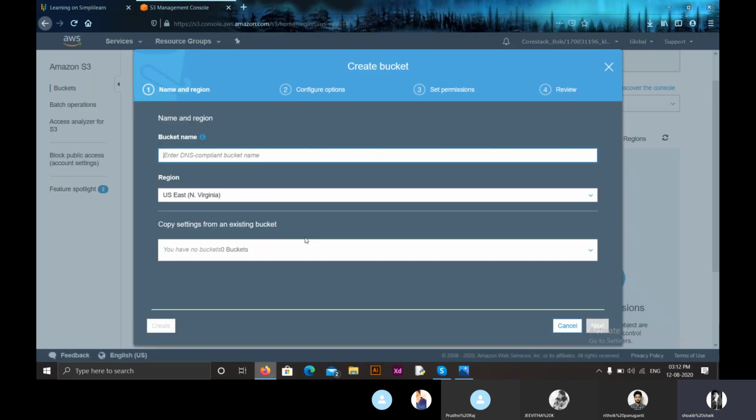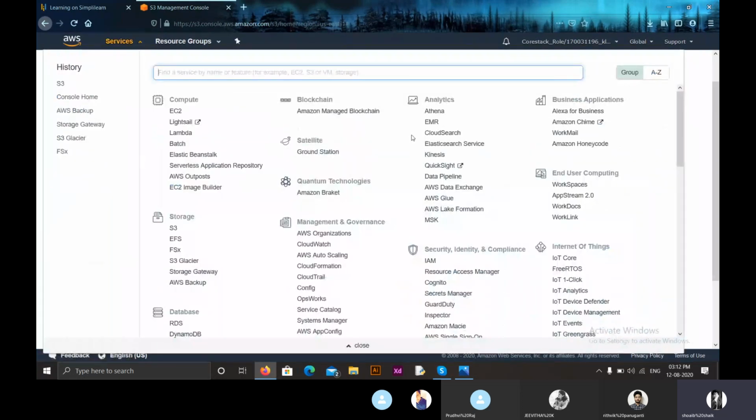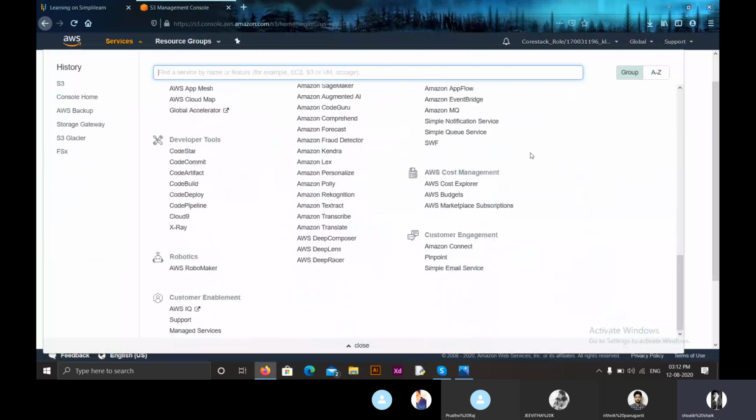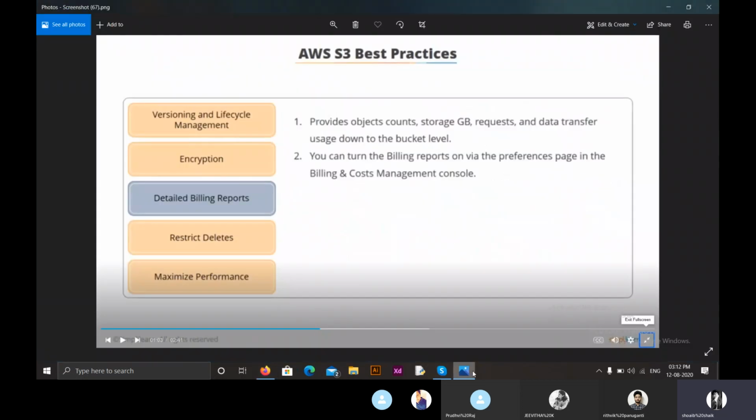So here in the AWS Management Console, we will have an option called billing management. Through that, we can manage all the data we have stored and all the costs we have, and we can get a detailed billing report.